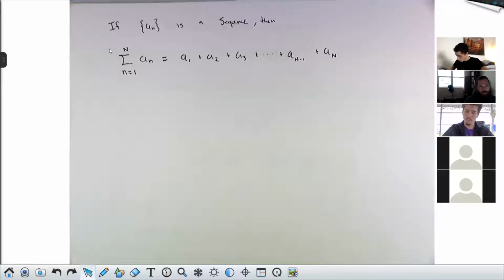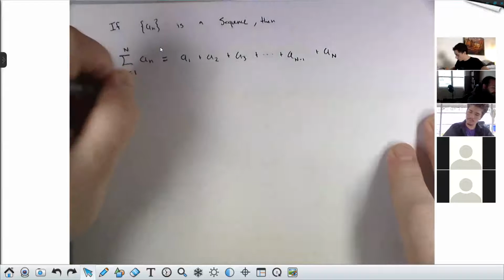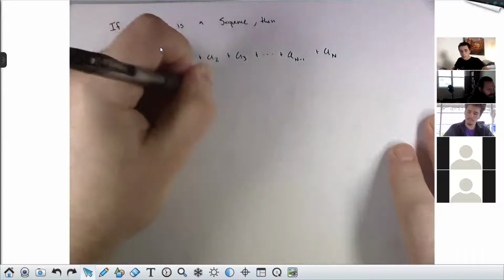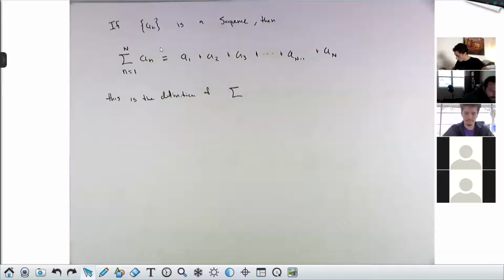Same thing we've been doing, exact same thing we've been doing. I'm just showing you this in this more general notation. This is the definition of the sigma operator. So you see how people can get confused. There is an interplay between these objects and sequences. We build these things up out of sequences by adding all the terms of a sequence together, or a bunch of the terms, not necessarily all of them, but sometimes all of them.